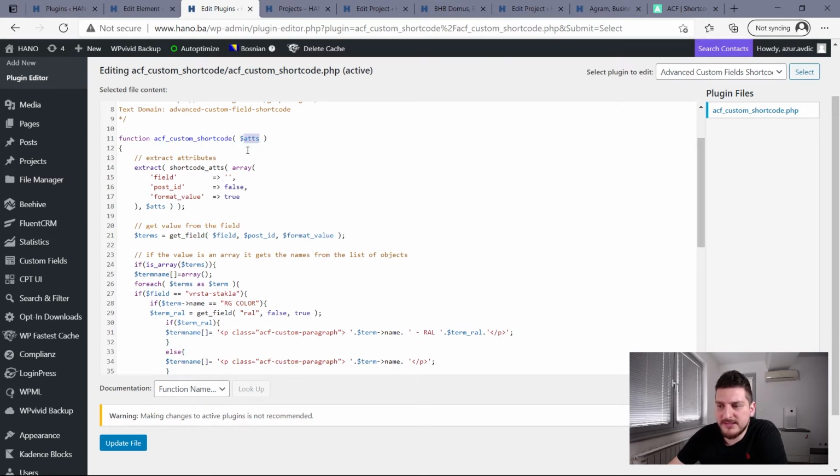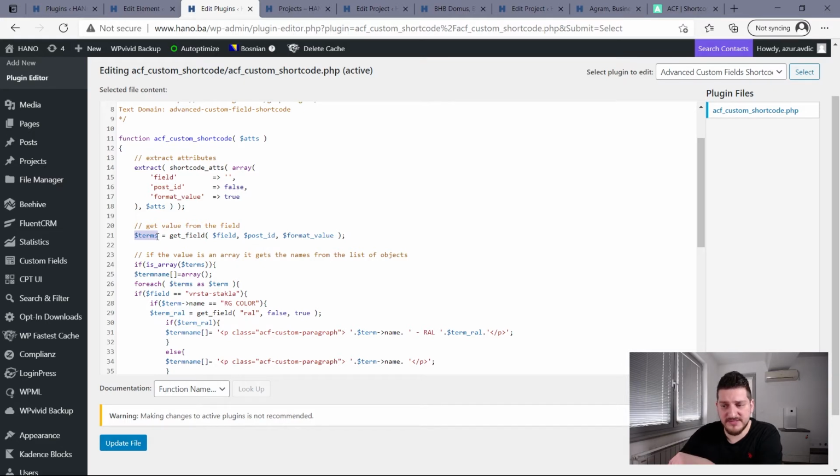We call it @s here, and we're giving it a name. So whatever my function is fetching, that's an object, and it's called @s from now on in the code. And it actually uses the extract and extracts the values and all sorts of things. And then it gets values from the field. So we have field, post ID, and format values. So it actually stores that in my